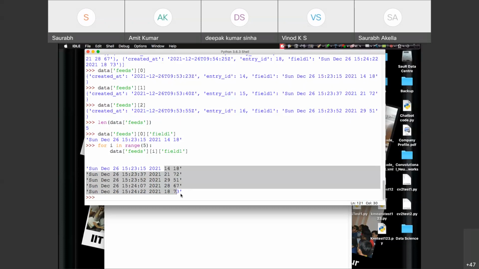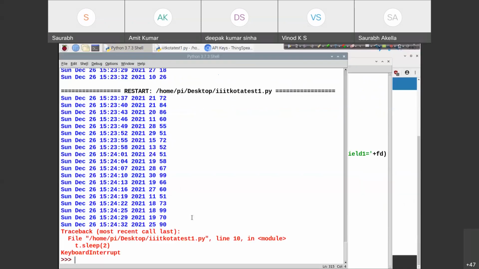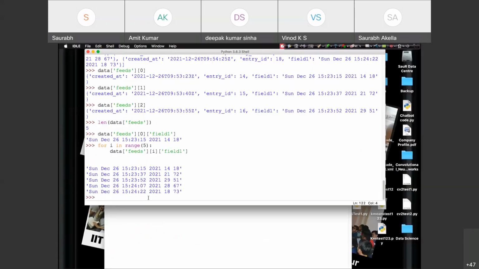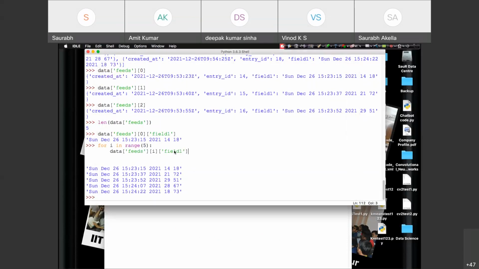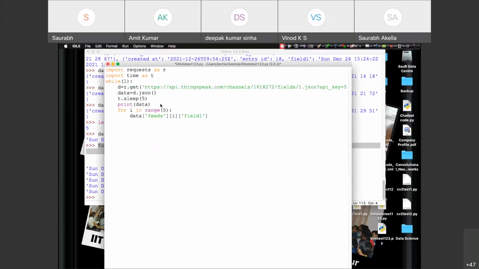And I'm doing it on a different computer. I'm doing it on a computer which is available in Delhi, which is not available in Bangalore. This Raspberry Pi can be available anywhere in the world, right? I'm independent of the Raspberry Pi. I'm just doing it at my different end, right? So let's try to do this in our programming as well, okay? So the first important thing is we have to extract our data like this using for loop.